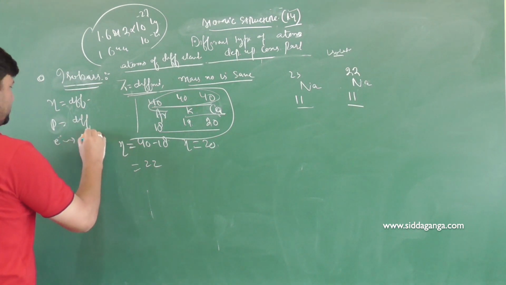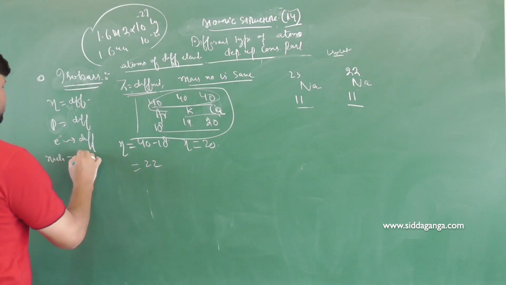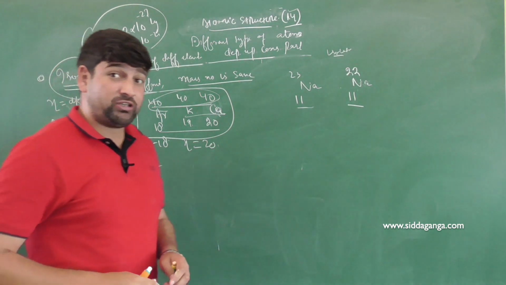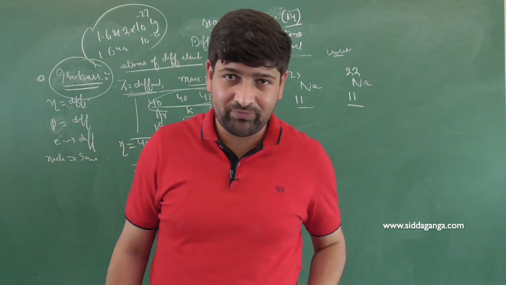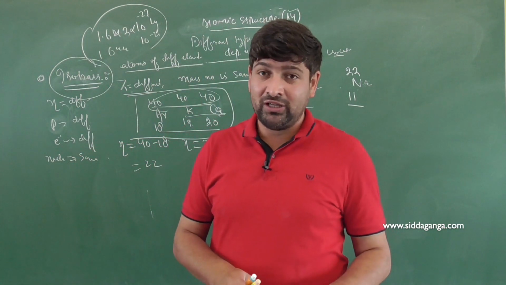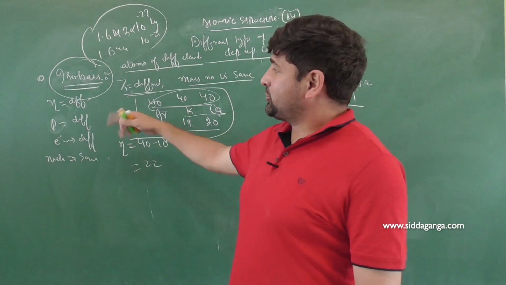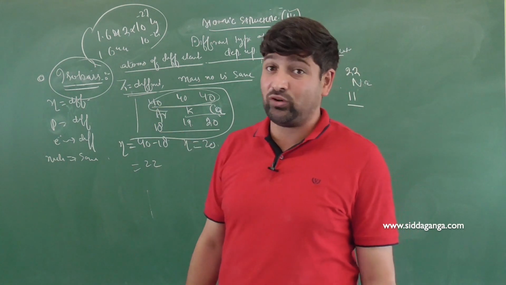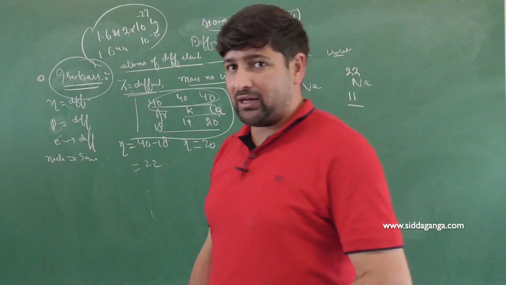The number of electrons is also different. Then nucleons are the same. So we can say isobars are atoms of different elements with the same number of nucleons. If the number of nucleons is the same, that does not mean they have the same number of neutrons and protons, because their atomic number is different. Naturally their number of protons will also be different. Clear? So they will differ in their physical as well as chemical properties. Electronic structure will not be the same for isobars. Am I clear? So isotopes understood, isobars understood.